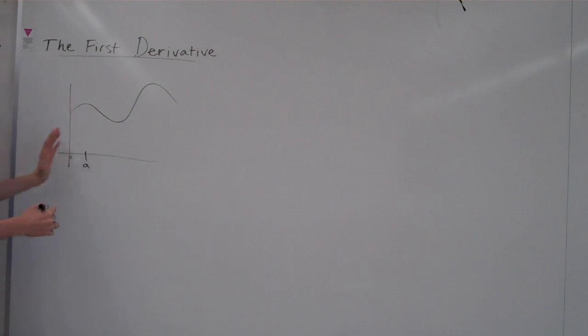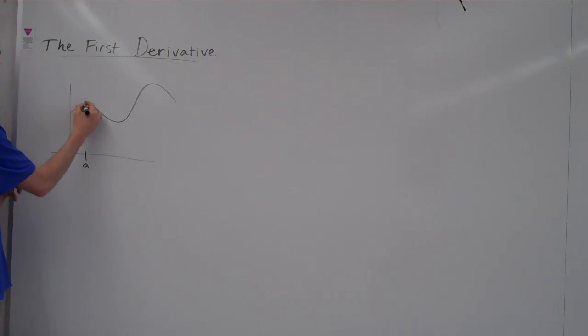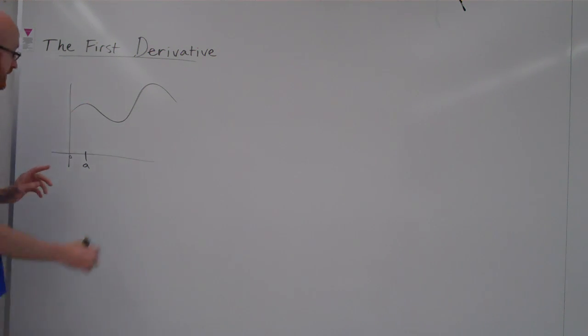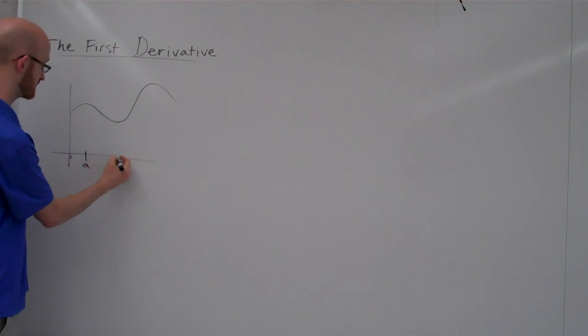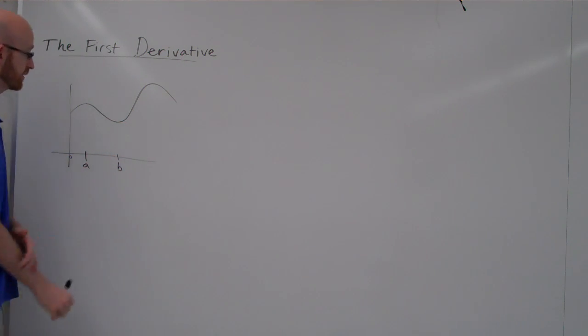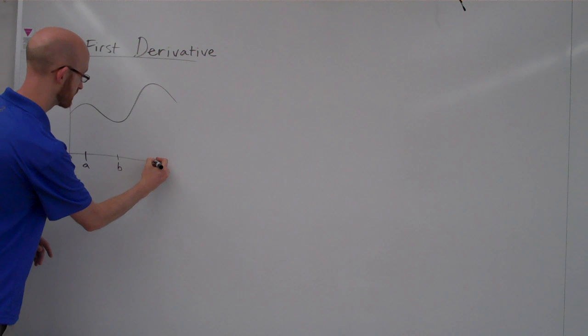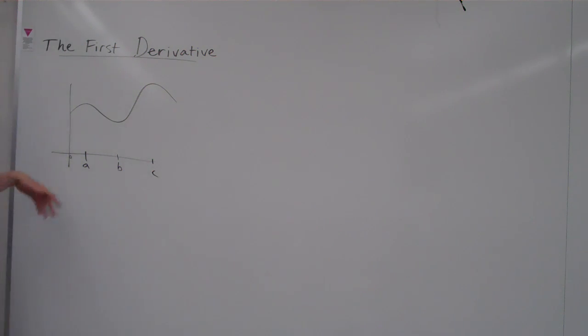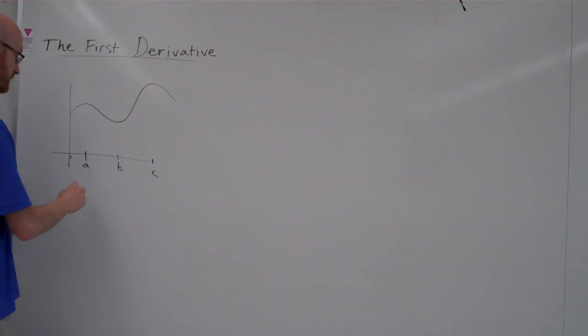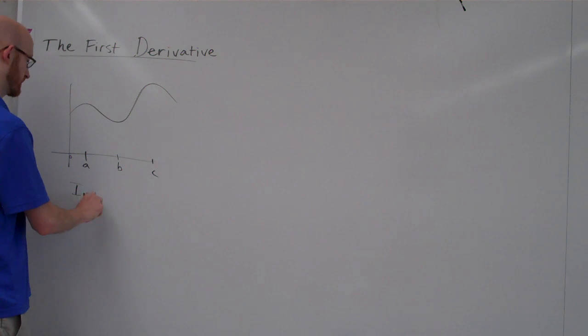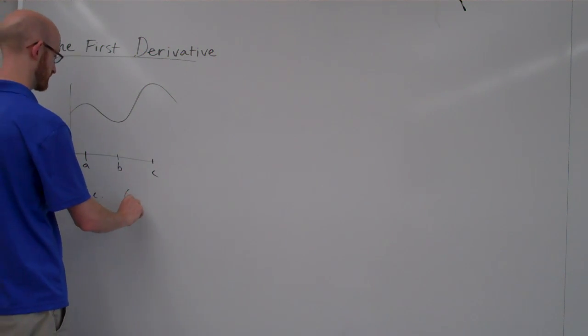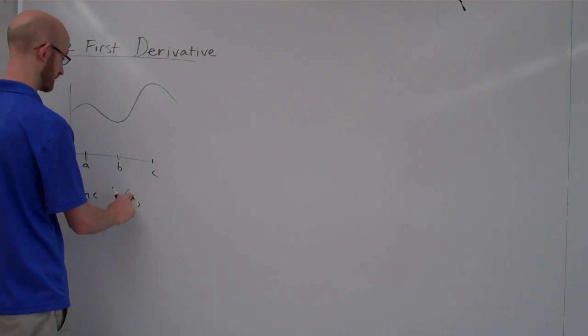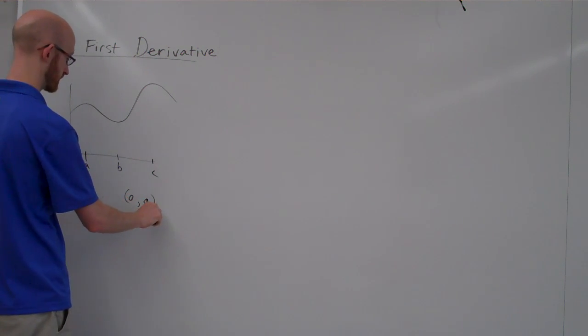From 0 up to a, it goes up, up, up, up, up, it stops going up, and then goes down, down, down, down, down, stops going down right there at b, and then goes up from b to c. So we could say that this function is increasing from 0 to a,